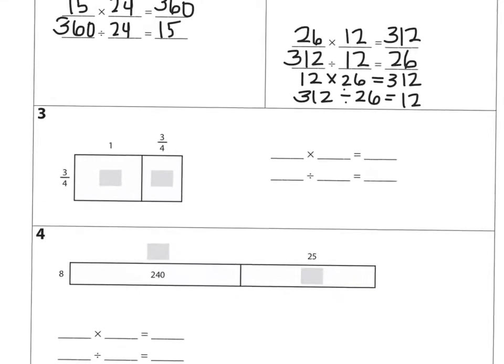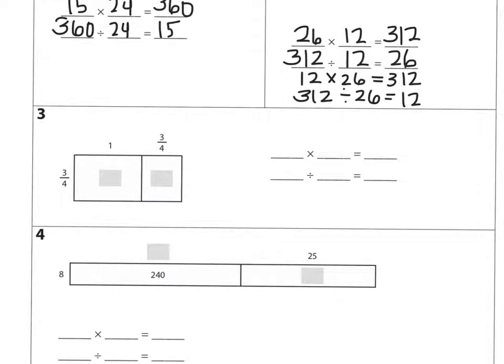Again, more work with arrays. 1 times 3/4. Anything times 1 is itself, so that answer is going to be 3/4. And then 3/4 times 3/4 is 9/16. And so then I'm going to add up 3/4 plus 9/16. And that is 21/16, because I know that 3/4 changed into 16ths with a common denominator would be, this is